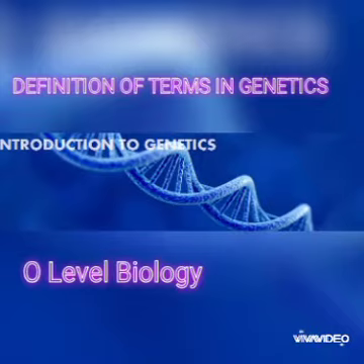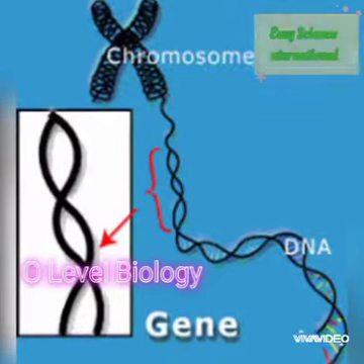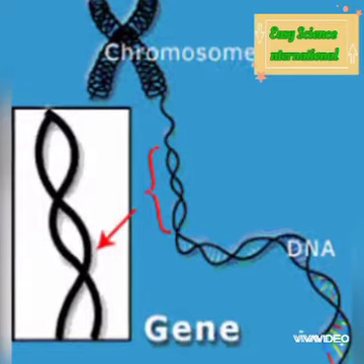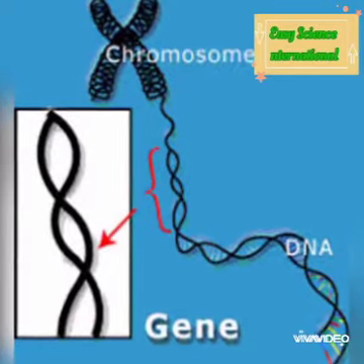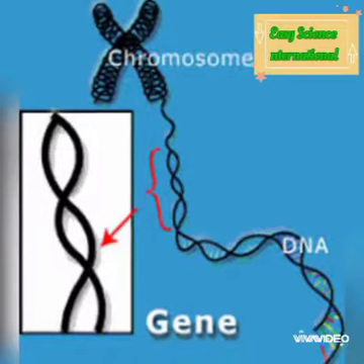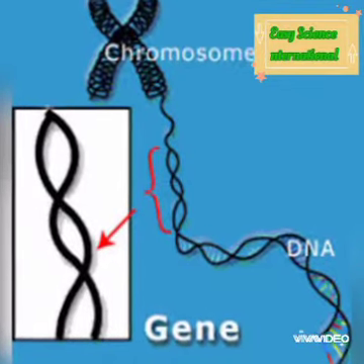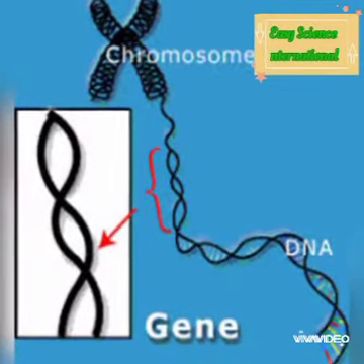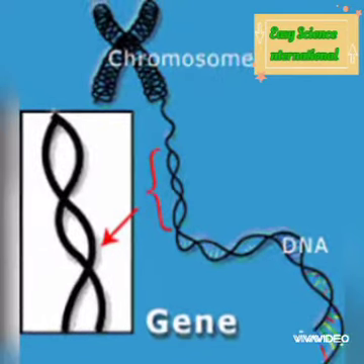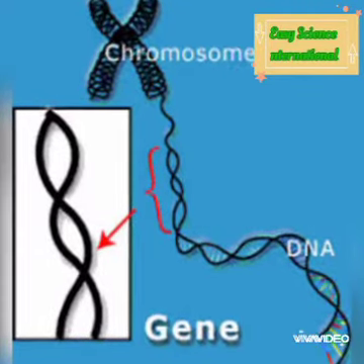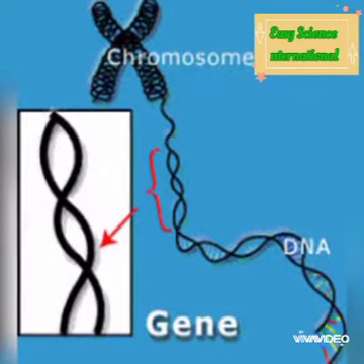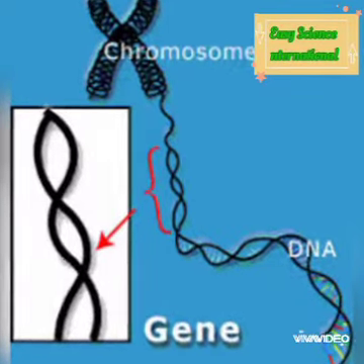Definition of terms. A gene. A gene is in form of DNA, which is a molecule that is in full deoxyribonucleic acid. A gene is the basic unit of inheritance. It occupies a discrete position on the chromosome. The gene controls the production of enzymes, which in turn determine the metabolic processes inside the cell and eventually in the organ and the entire organism.